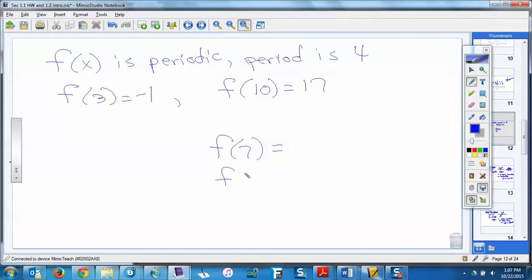What is f of -5? And what is f of 22? And I would also ask you, true or false